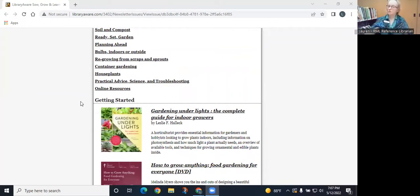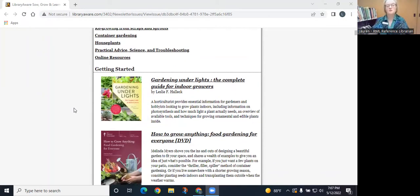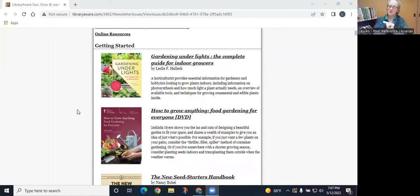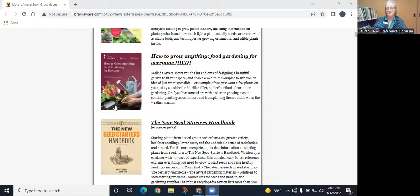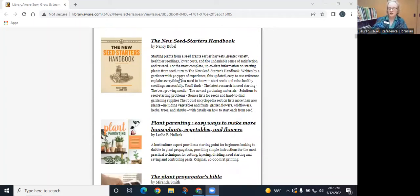but I have more books than are on the list. I've got on the cart here to show you as well. Some of them from the list and some ones that didn't make it because I was trying to make the list that gets emailed a little more manageable. So you've got your basic information on growing under lights if you just want to grow indoors. We have DVDs on food gardening and other such things. We've got seed starting,